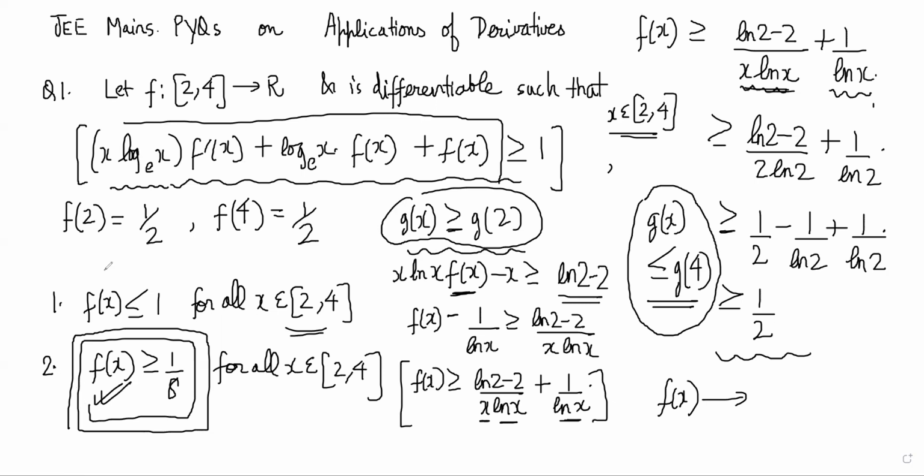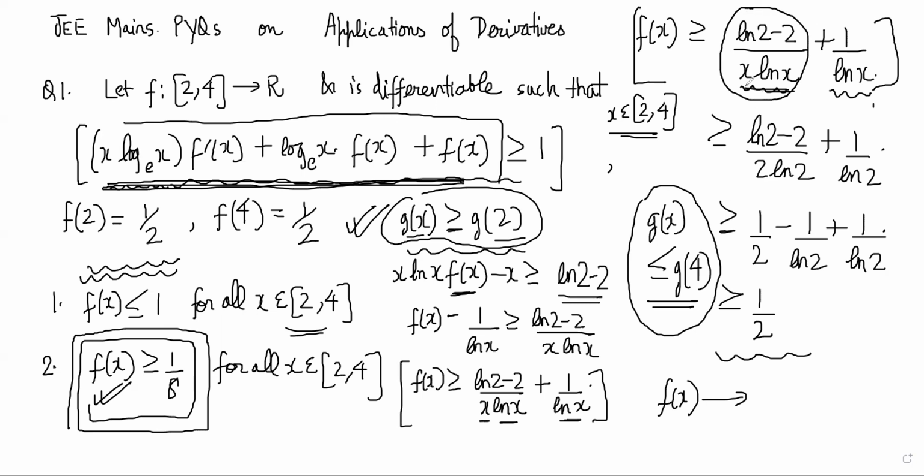You should try it out yourself now, and you should be able to prove that the first statement is also true. Okay. So the idea of the problem was understanding, first of all, that this is one single derivative and that is greater than 1. We got that x ln x f of x minus x is a function whose derivative is positive. So that function was increasing, and then we are using the fact that g of x will be greater than g of 2. From there we got this. And now how did we conclude here? We looked at this term and saw that x is bigger than 2, right? Yes, sir. So if you divide by a smaller quantity, obviously it will be greater than,